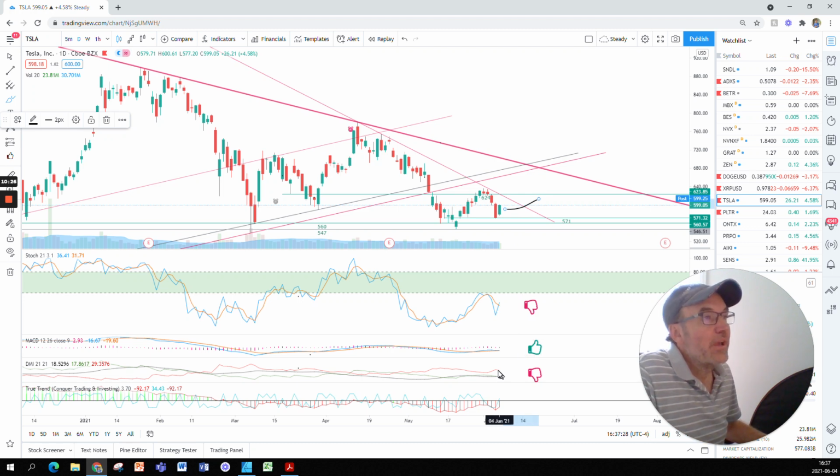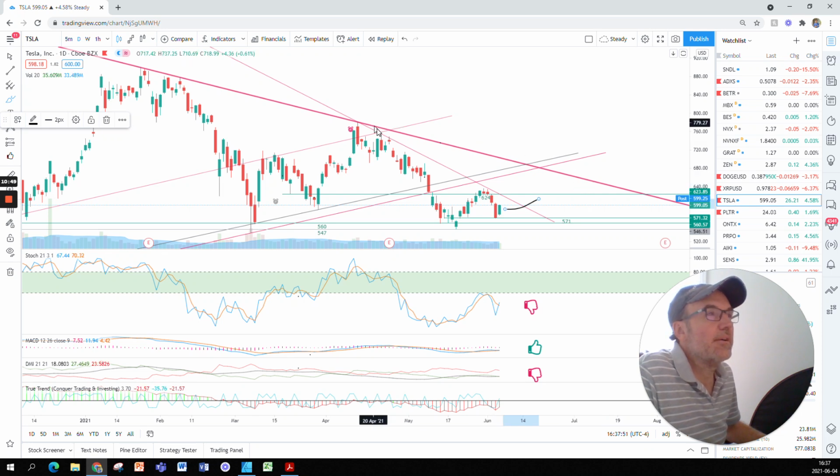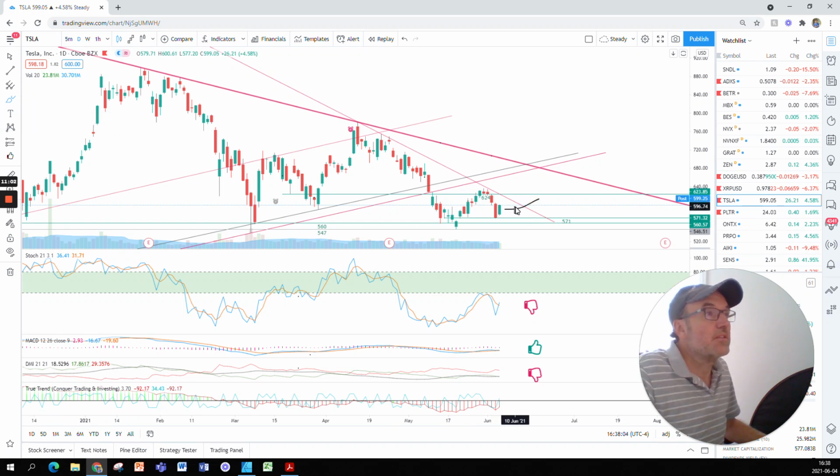Will DMI become green by that time? I don't think so, because I'm using a 21-day for the DMI, which I like a lot. So I don't think DMI will be green unless there's a really big move. So it's going to be interesting to see how to play this. It's going to be interesting to see, because we have this other resistance here, this bigger resistance. So it's very well possible that the stock,